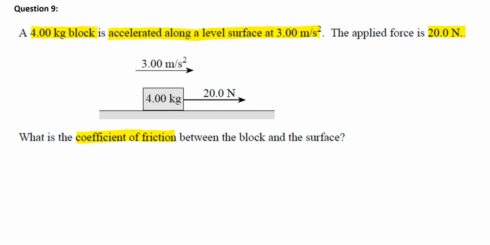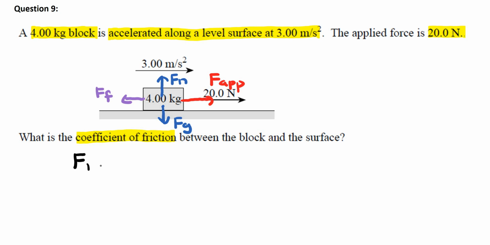Okay, so for this particular problem, we can start off by labeling a free body diagram here. So if I draw a free body diagram, here's my force of gravity, and there's my force normal. And the question also tells us that we have a force applied here, 20 newtons there. And since we're looking for the coefficient of friction, we also have a force of friction acting in the left direction there. Okay, so there's my free body diagram, and based on my free body diagram, I will go ahead